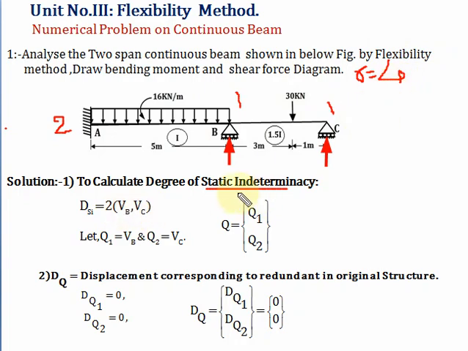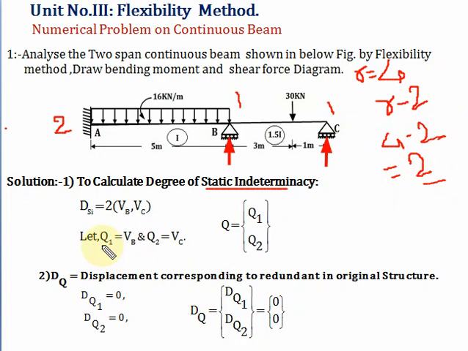Okay, so the formula to find out degree of static indeterminacy is R minus 3. But here we are neglecting one equilibrium equation, that is summation Fx. So here the formula will be R minus 2. Total number of reactions are 4, so minus 2, degree of static indeterminacy will be equal to 2. So for the given continuous beam ABC, the degree of static indeterminacy is 2 by neglecting the summation Fx, that is axial displacement in x direction is neglected.